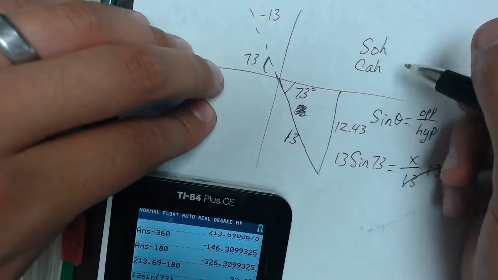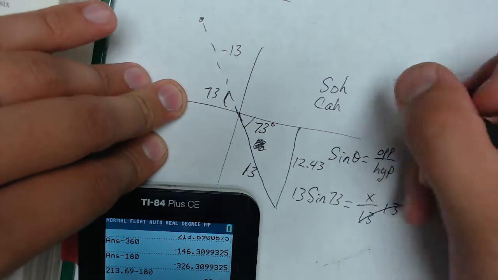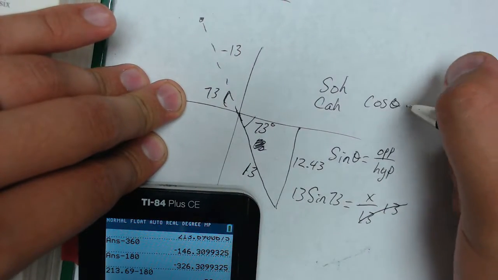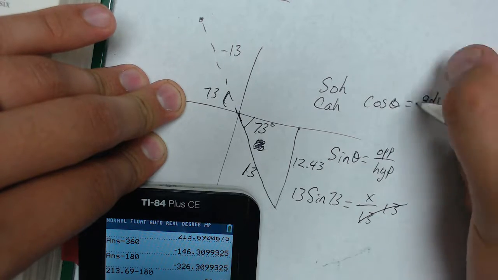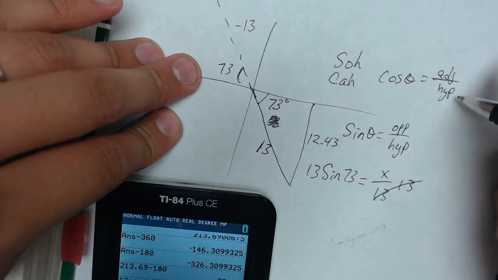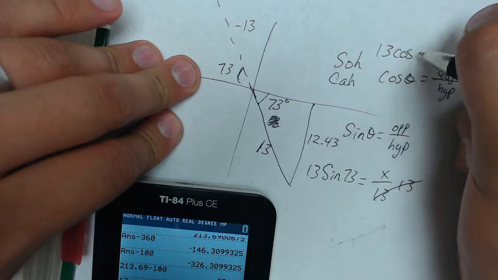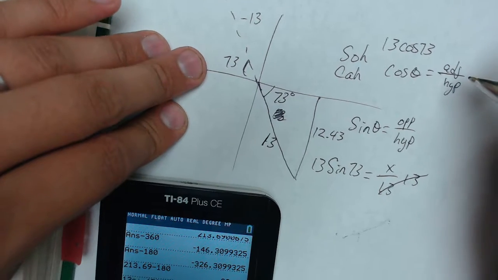Next, the CA identity is going to be the same thing. We're going to have cosine of theta equals adjacent over hypotenuse. Right? Theta is going to be the same, hypotenuse is going to be the same, so we're going to end up with 13 cosine of 73. If you need to see the math,